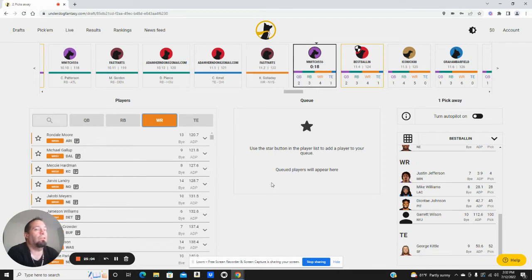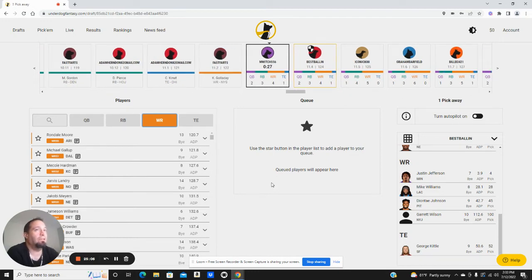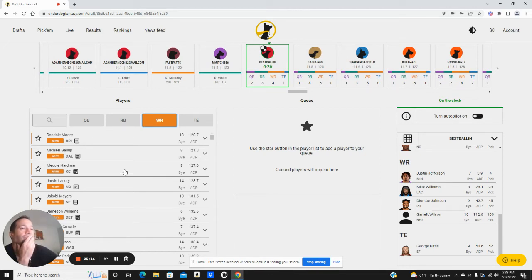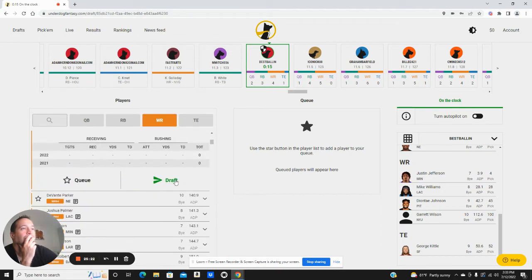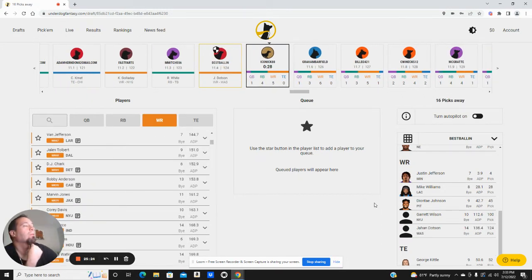So when I've been building late QB teams, meaning not taking a QB until quite a ways in, I don't really like any of these people at the top. Go with Dotson.